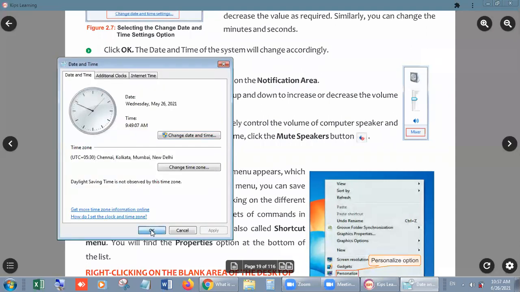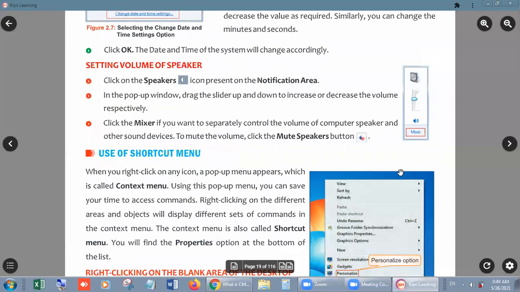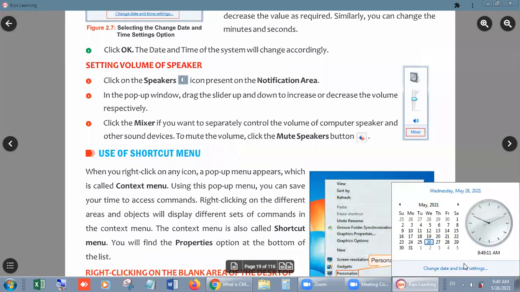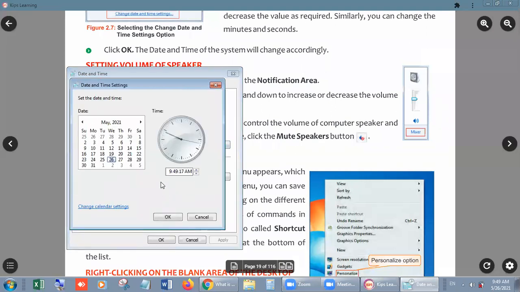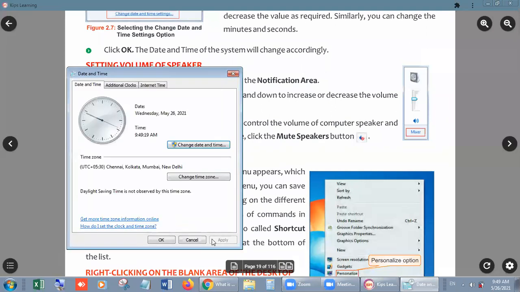Right? Okay. Sometimes it will ask you to apply. Look, students, whenever you make any change, it will ask you to apply. If this button is highlighted, then click on Apply first, then the OK button. If it is not highlighted, then you can click directly on the OK button.